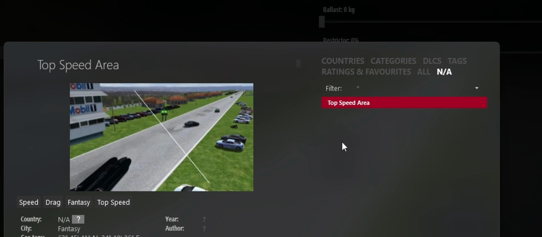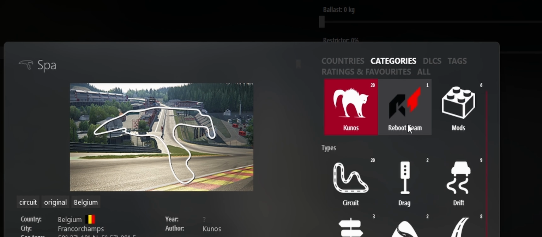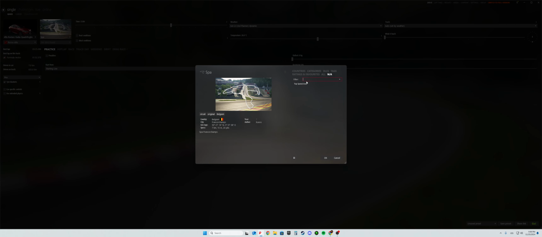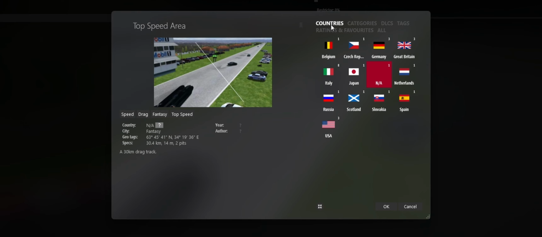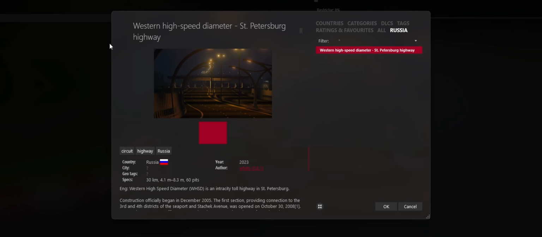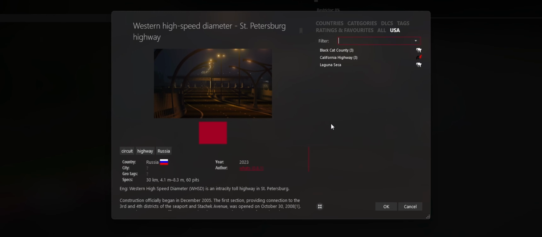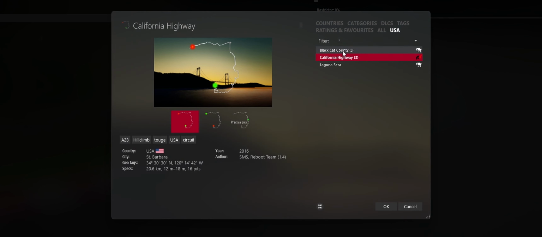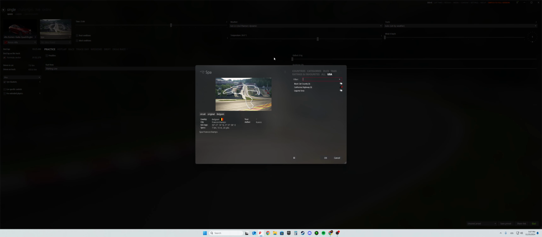It's one of the best maps you can download. It's basically a track which is over 10,000 meters, actually 30 kilometers. Wow. Alright, so 30,000 meters. It's really long. You can drive like 1,000 kilometers there, and it won't end. Netherlands, Zandvoort, Russia, a high-speed highway, Scotland, Slovakia, Spain, and USA, Laguna Seca, highway country. As well, you can download these as mods, but I don't recommend it that much